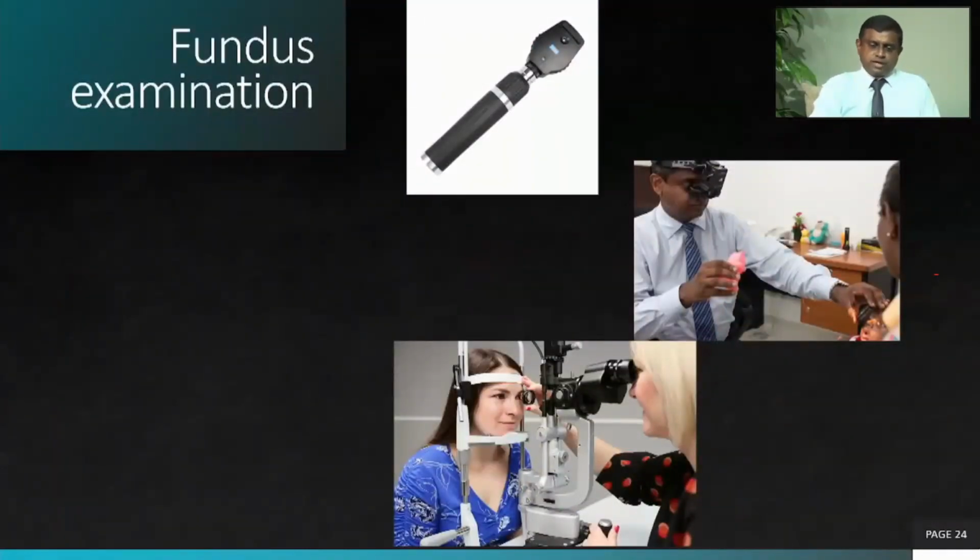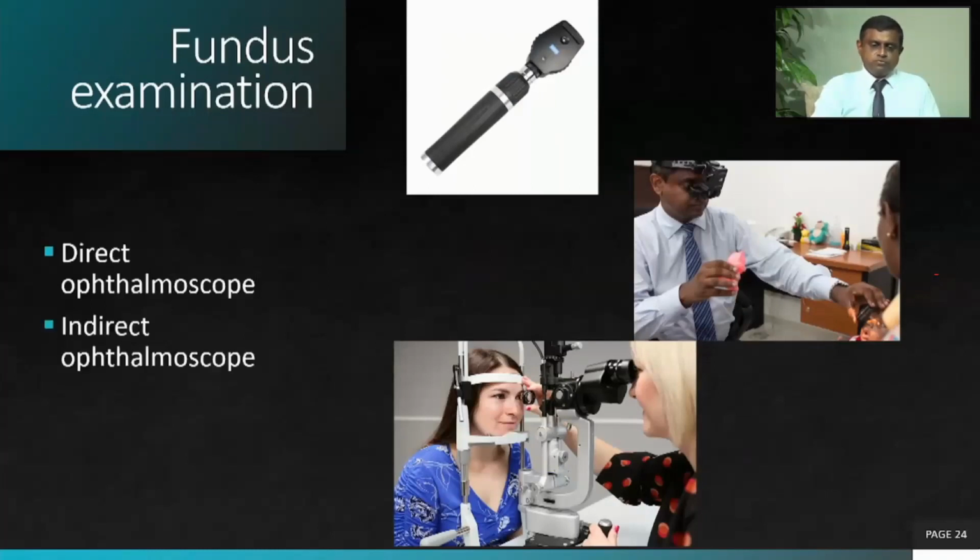So the next topic is fundus examination. There are so many gadgets we can use to examine the fundus. Of course, in your clinic, what you use is the ophthalmoscope. We call it the direct ophthalmoscope because we have an indirect ophthalmoscope as well, which is a head-mounted gadget. We can get a three-dimensional picture of the retina with the indirect ophthalmoscope. And of course, we have the slit lamp biomicroscope, which again gives a very nice three-dimensional view of the retina and ocular structures.